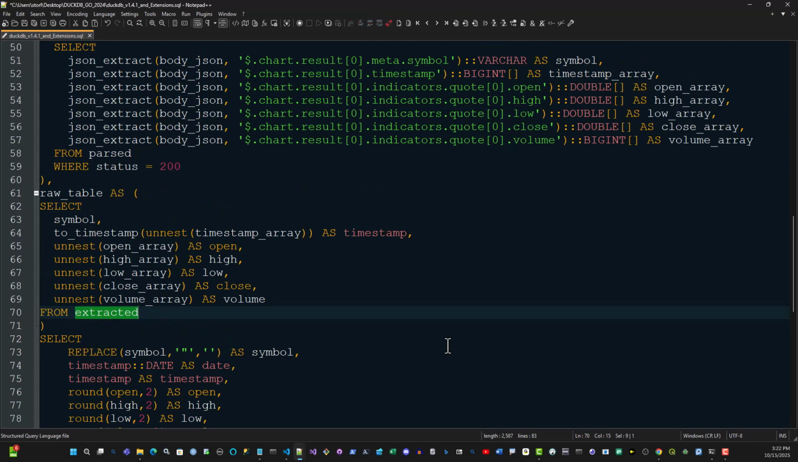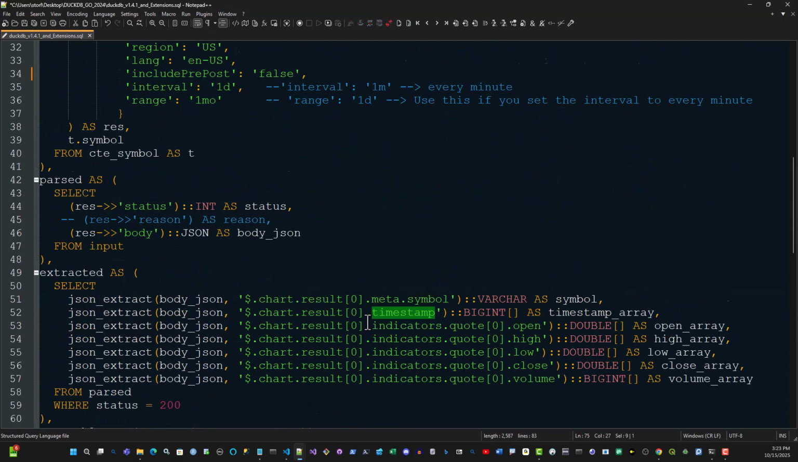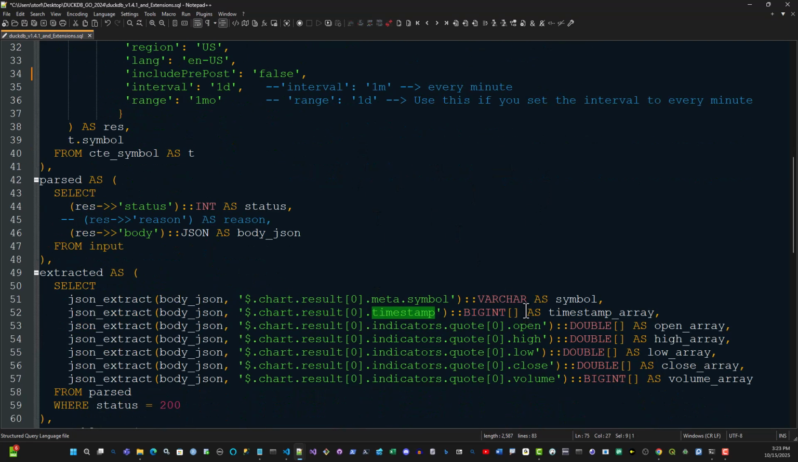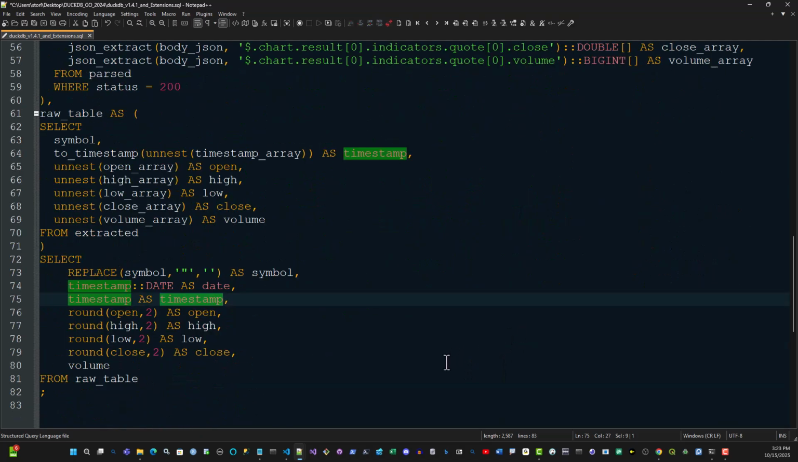And then finally, I'm doing some final cleanups where I remove quotes around the symbol. And then I'm converting the time step into a date, so I don't have to see all the time elements of the date. And I also give you the time step. The reason I did that was because if you want to go by minute, you might want to see the time, because the date will always be the same if all the data is in the same day, right? And then I'm rounding the numbers to 2 decimals,